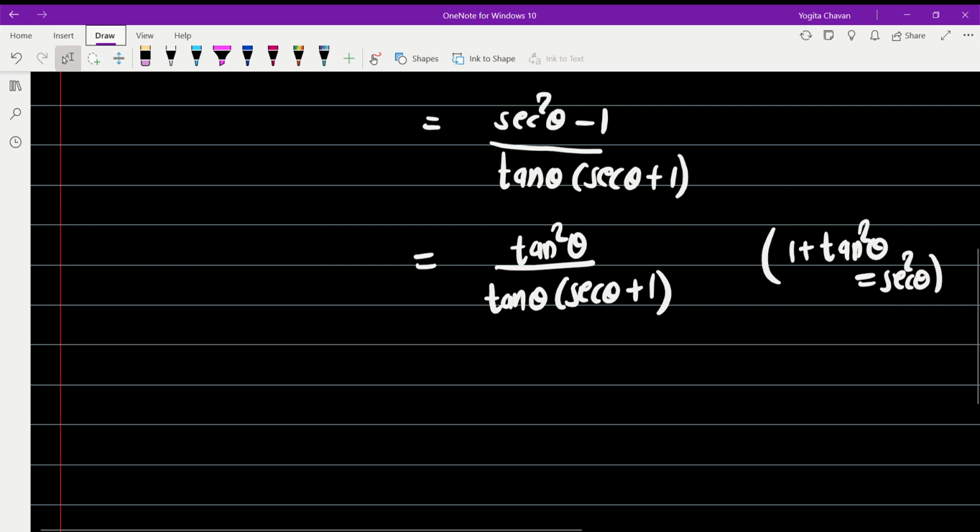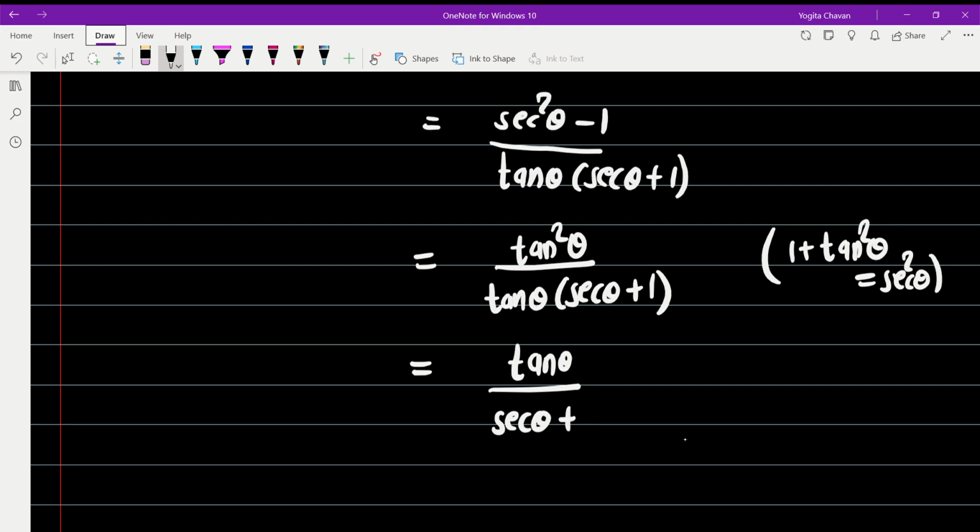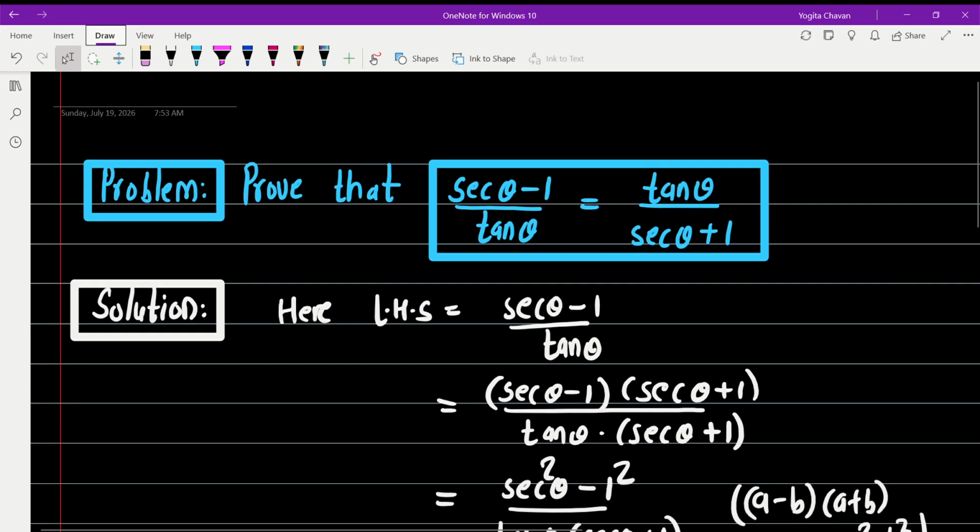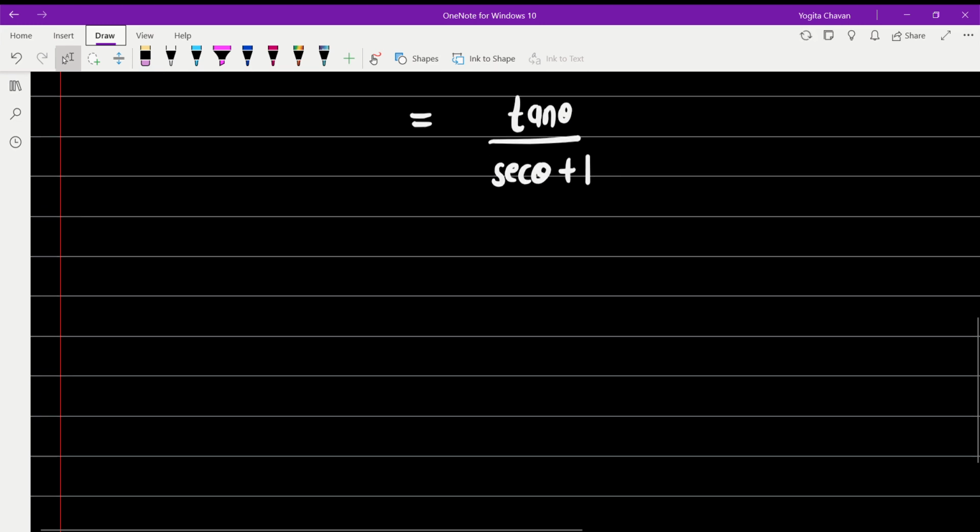Now tan theta cancels, and at the numerator what remains is 1 tan theta. So tan theta upon (sec theta plus 1), and this is nothing but the right hand side of this identity, is equal to RHS. So left hand side is equal to